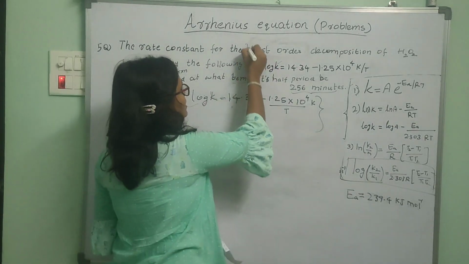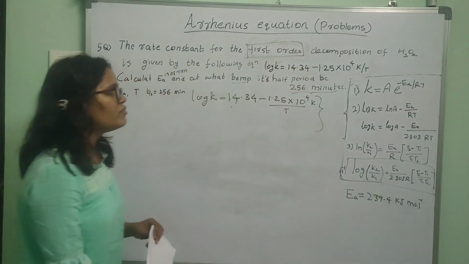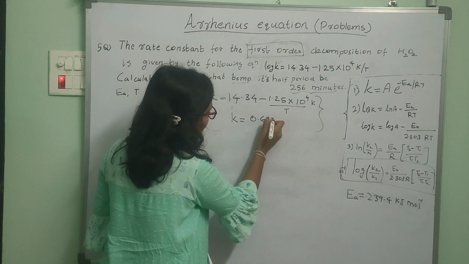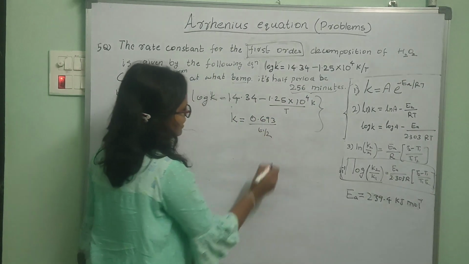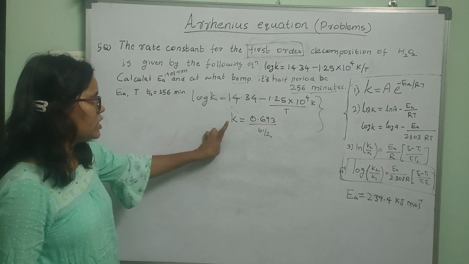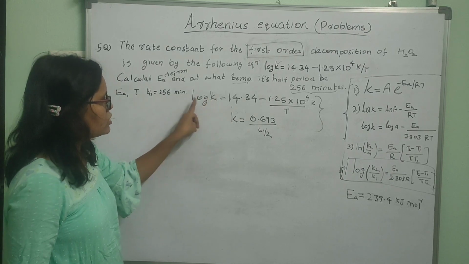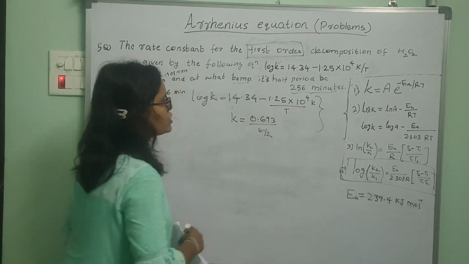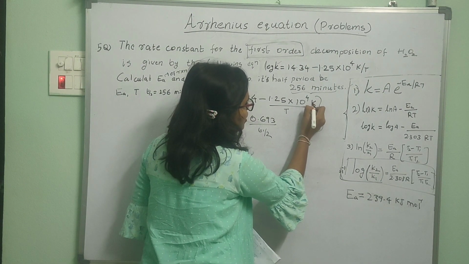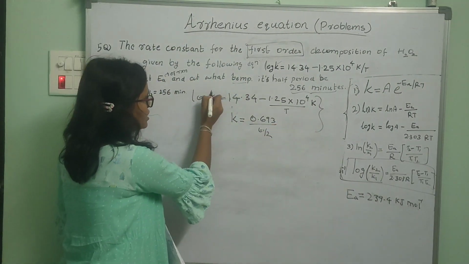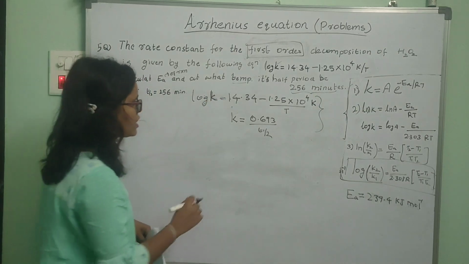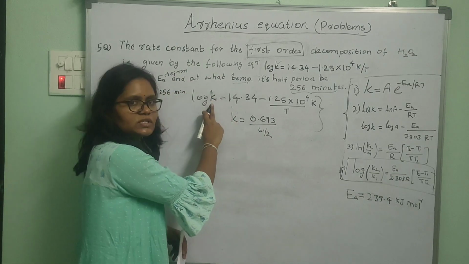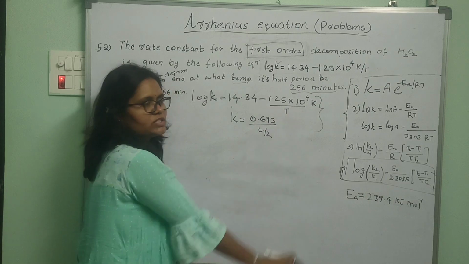So we are given that the reaction is a first order reaction, and for a first order reaction, the rate constant is equal to 0.693 by T half. So if you find the value of the rate constant, you can put this rate constant in this equation. So in this equation, there will be only one unknown, that is T, temperature. So here this K is Kelvin. Do not confuse it for rate constant. This is Kelvin. This small k is the rate constant. So from here you get the rate constant, and you can put this rate constant in this equation. Then you will get the value of temperature.